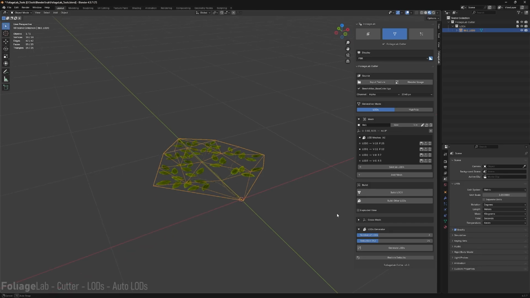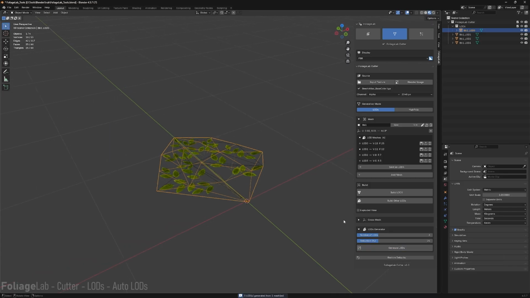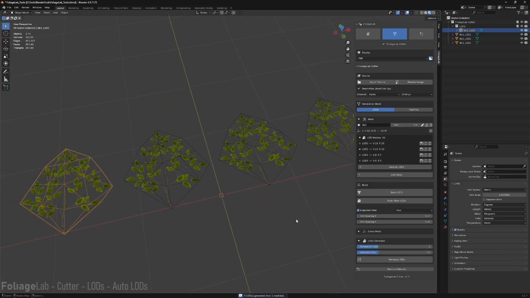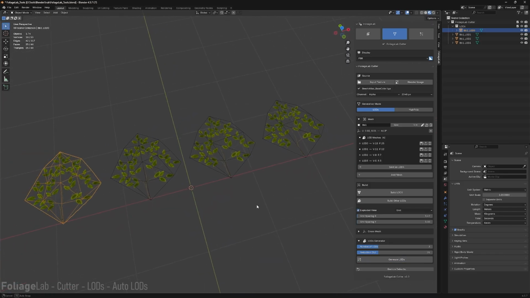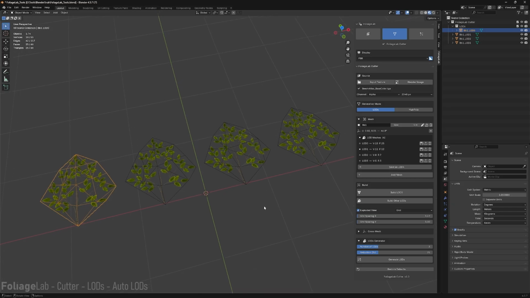Once you've decided about the number of LODs and the reduction you want, you can click on Generate LODs. And with the exploded view, you'll be able to see how things look. And as you can see, it's not perfect. It's definitely not perfect. You probably have some manual readjustment to make on them, but at least it gives you something. And to me, it's a good way to speed up the process